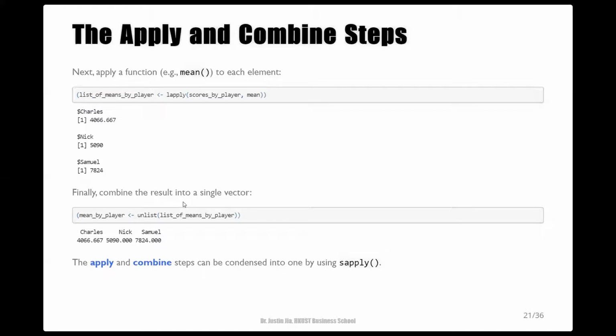Once we've gotten those groups split apart, we can use lapply to apply the needed function to those individual groups, and then use unlist to present the results in a compact form. Of course, we can condense the apply and combine steps into one by using sapply.